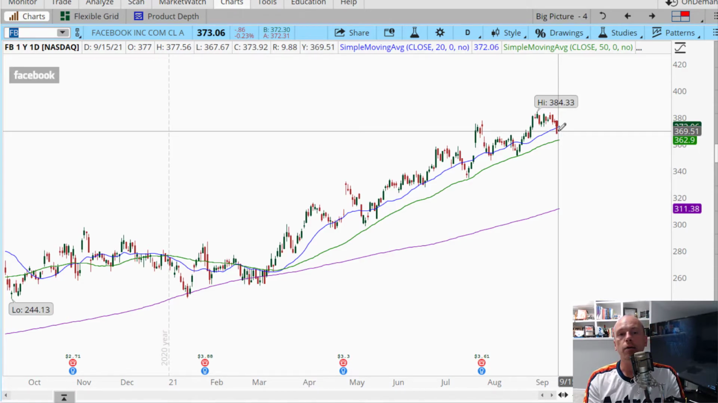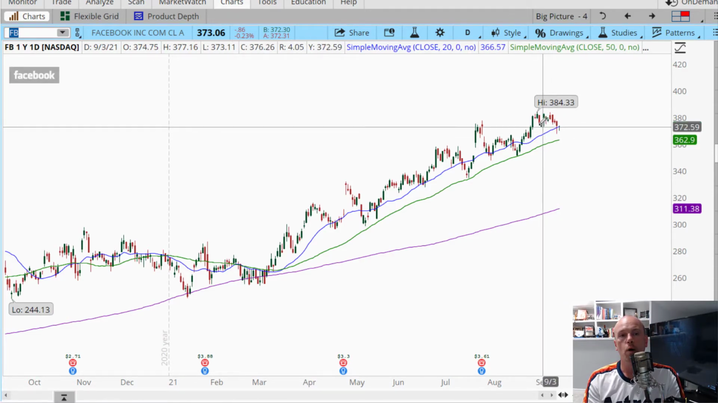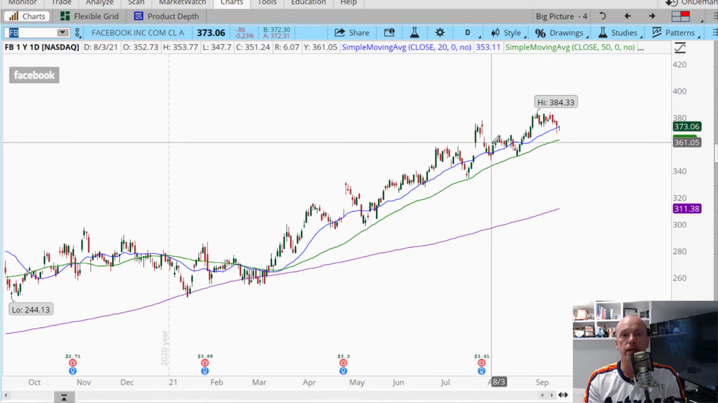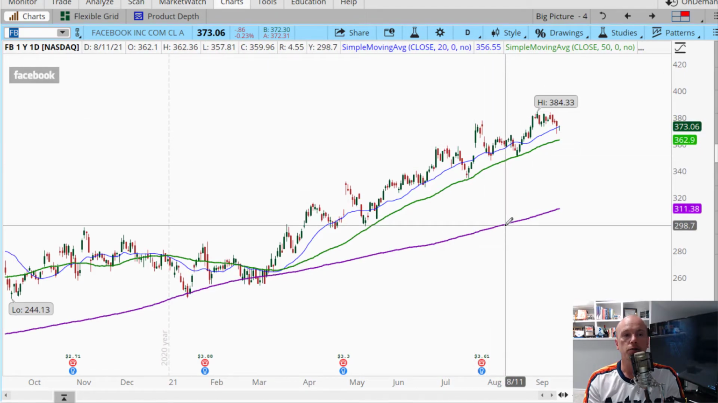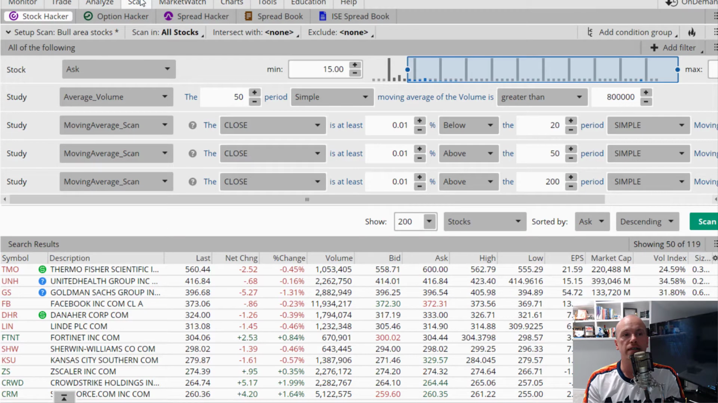But looking here at Facebook, what you see here is that I've got 3 moving averages, the 20, the 50, and the 200. So I'm going to move over to the scan. And when I go to the scan, I already have this scan saved. This is saved as my bull area stocks search list. And what you can see is that I have the stock ask is greater than 15, so a minimum of